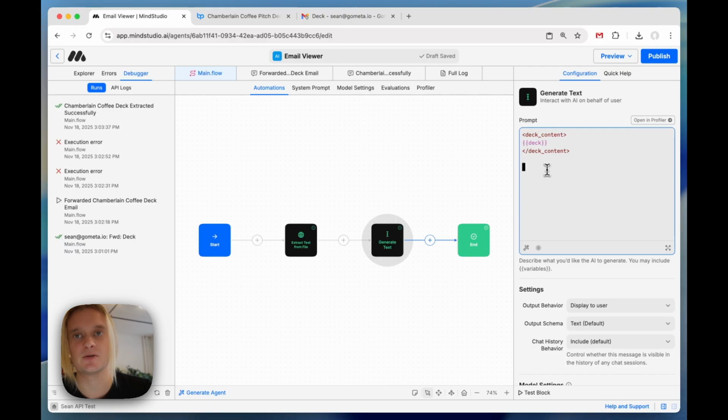We've got a bunch of resources to help you learn other best practices along this style that will improve both the efficiency and the accuracy of your LLM calls. And so this is one of them. We're going to include that deck content that we just looked at and say